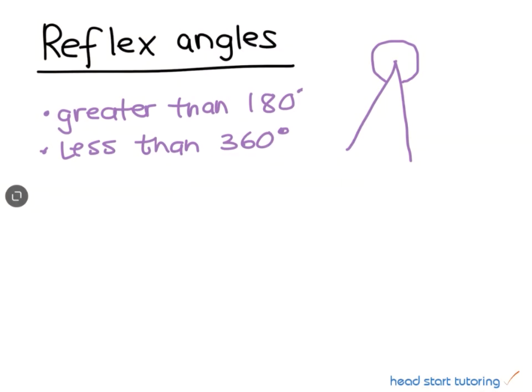So if we have a look at our 180 degree line there, if we have got an angle that looks like this, so there's an obtuse angle, but on the outside there we have got a reflex angle, because you can see that going from here all the way around to there, it is greater than our straight line. It goes past our straight line mark. So that makes this angle a reflex angle because it is greater than our straight line. And our 360 degree angle,